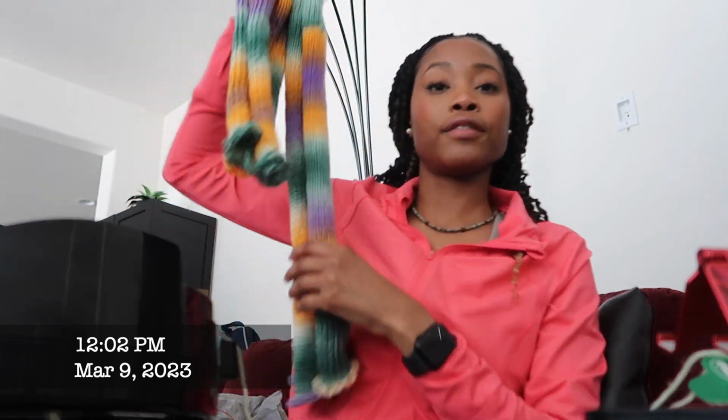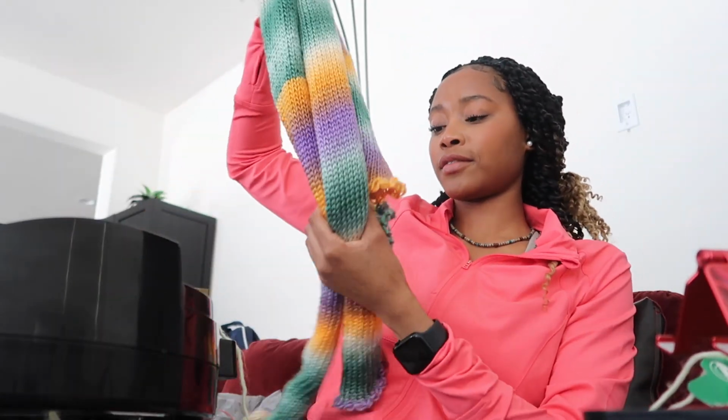I'm going to knit all of the panels for like 3 tops, and then I'm going to put everything together and go from there. Then after that, I'll see if I can squeeze in a 4th or 5th top. We'll just see though. So it is 12:02, and I finished all the panels for my first sweater,